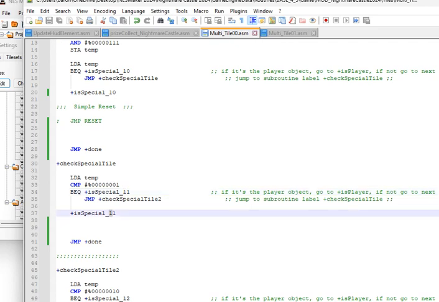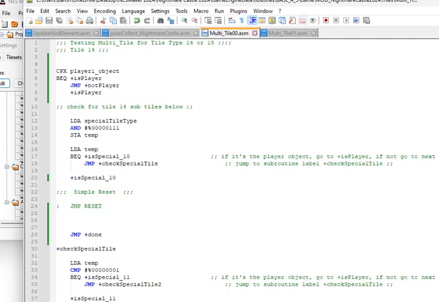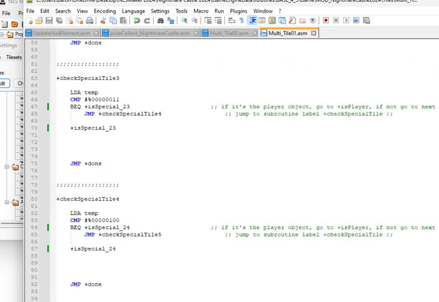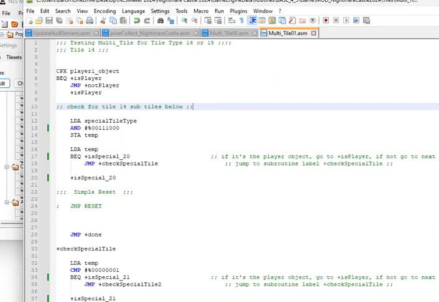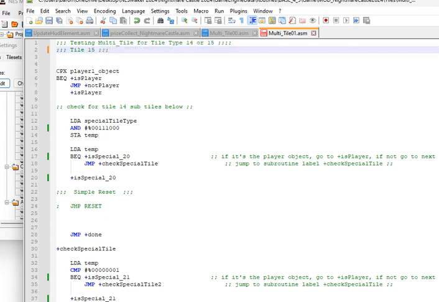I changed these 1 values to 2s. So as you see, there's not much of a difference. I left it blank for you to fill in the blanks. I even think I just wrote tile 14 at the top originally, and I never changed it.